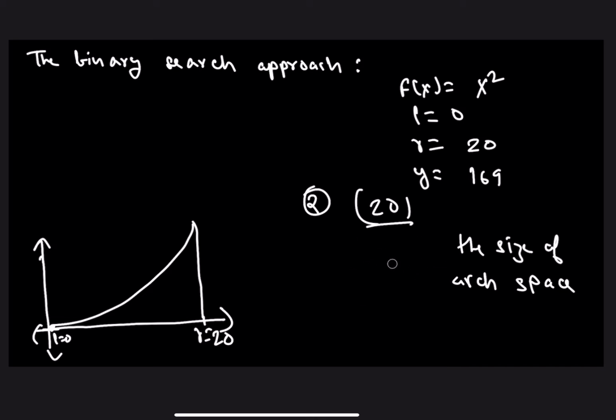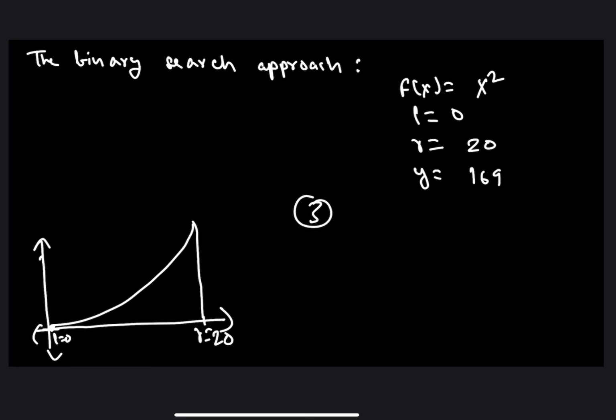And now point number 3 is the derivative of point number 2. We are not actually really trying to find the final answer. We are trying to get very close to the final answer. If you encounter any such problem in a competitive programming environment, even there they will mention that your answer will be accepted as long as the relative error is less than or equal to some value, let's say 10 to the power minus 6. So basically we will try to get very close to the end answer. We will not be providing the exact answer.